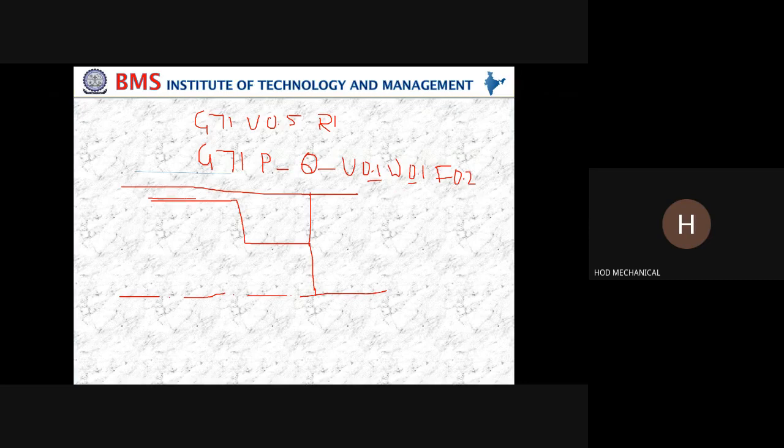I am going to leave 0.1, understand carefully. This value is 0.1 millimeter along the X direction, and this is again 0.1 millimeter, and this is again 0.1 millimeter.